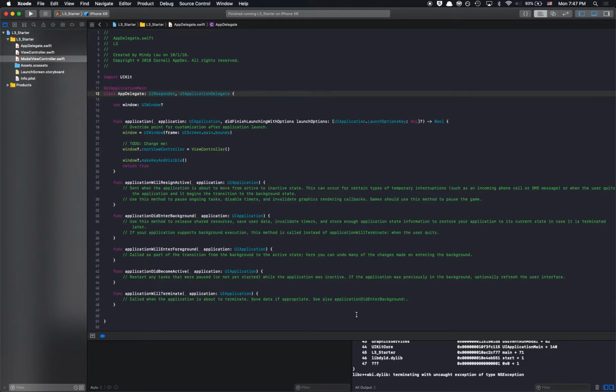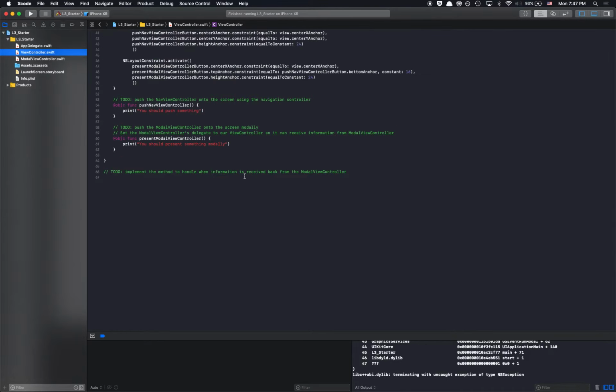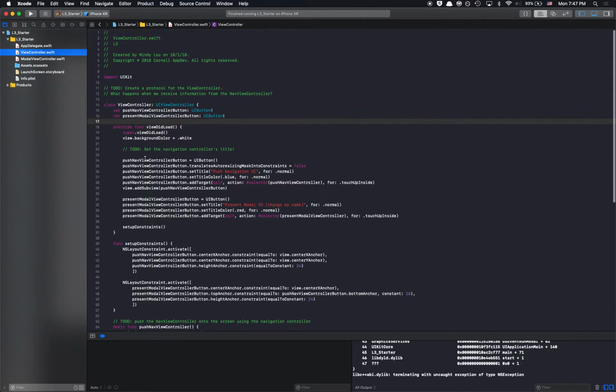Okay, so if we have this open, let's run the app just to see what we want to do. So basically, I have set up two buttons in our view controller, and we have one called push navigation view controller button and one called present modal view controller button. And these two buttons, what I want them to do is when you click on the push nav view controller button, we're going to use a navigation controller to push a new view controller on, and then you can dismiss that. And then for the present modal view controller button, I want to present a view controller modally, so it'll